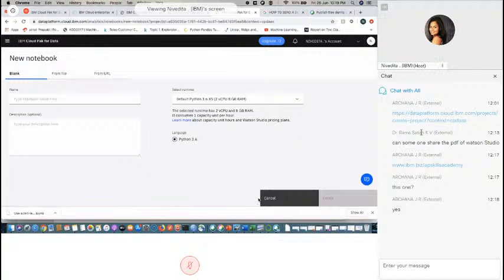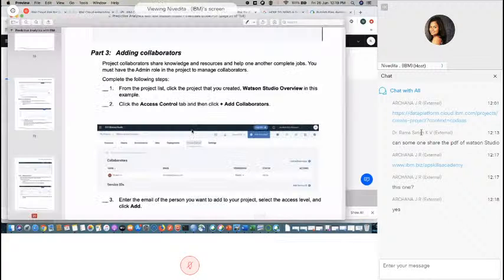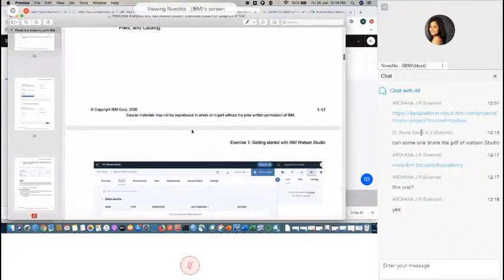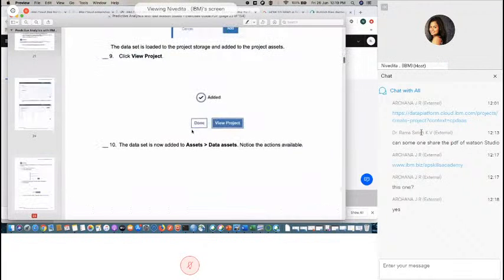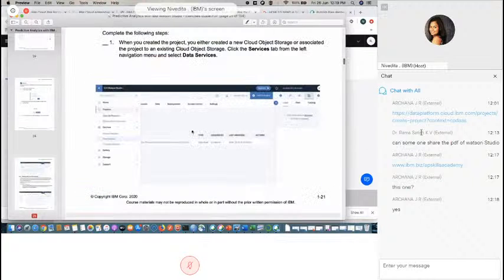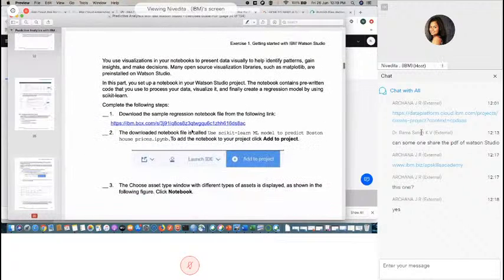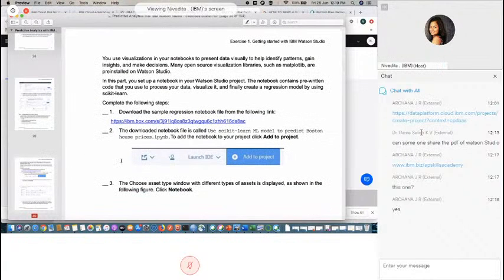Yes, and in your document, you have to go to page number 30. So on page number 30, we have a link for IBM Box where we have a ready-made Jupyter notebook. We will download this and import it into Watson Studio. So just click on this link and download the